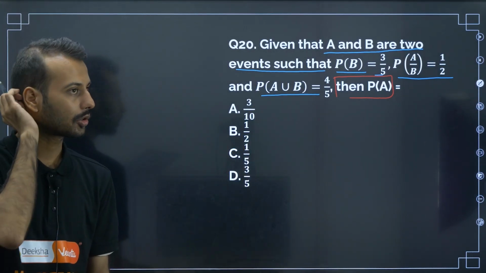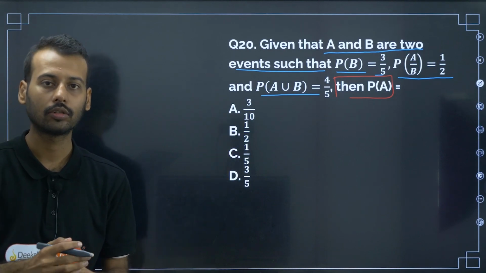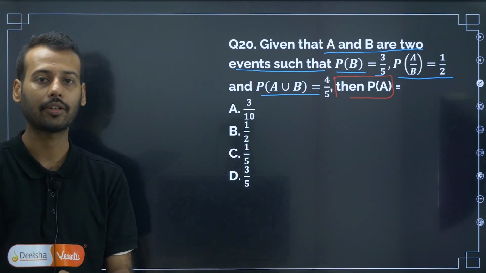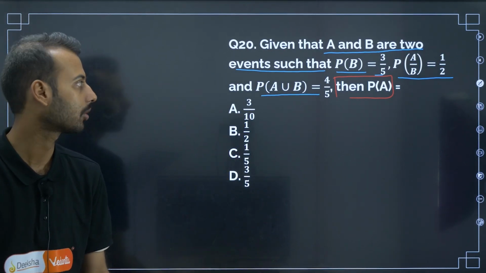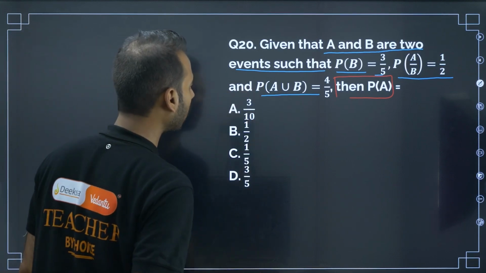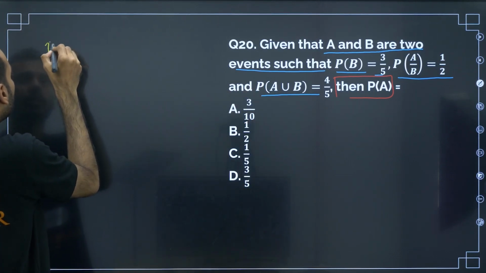These many videos I have discussed with green pen, and also the probability chapter. You keep aside that book if you don't know the synopsis. If you know, it is a good thing. Next, P of A union B is equal to 4 by 5. So P of A union B is equal to